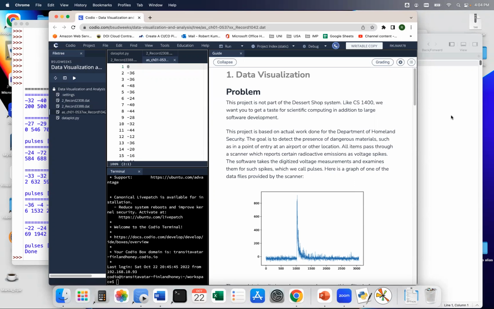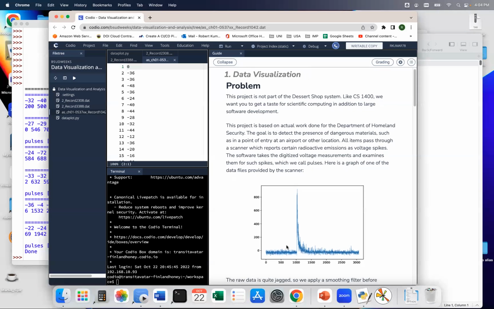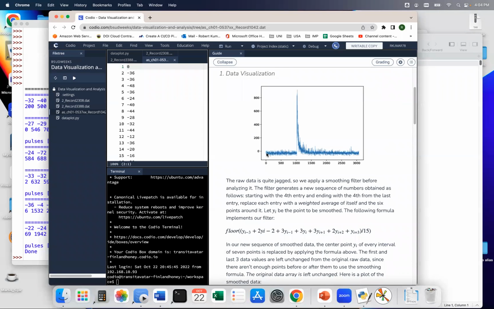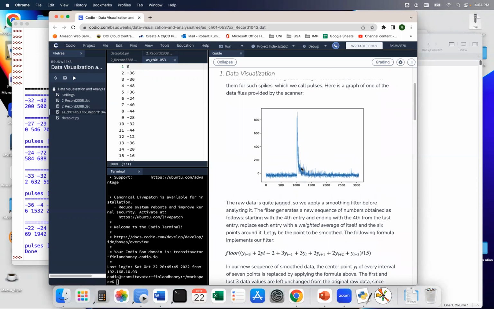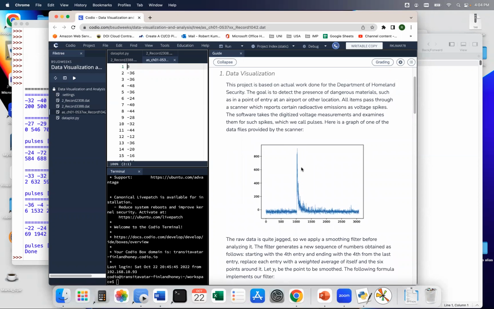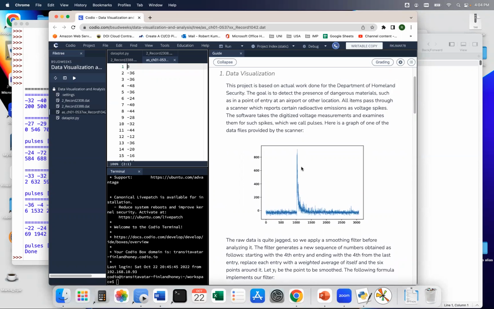Your goal is to find out where the spikes are. All right, you see how in the small chart here, it starts at horizontal pretty much, right? And when it reaches about 1,000, there's a spike, right? And that is what you need to figure out based on the data provided. So you take the data and you output two charts. One chart would be based on the original data, and the other one would be based on the